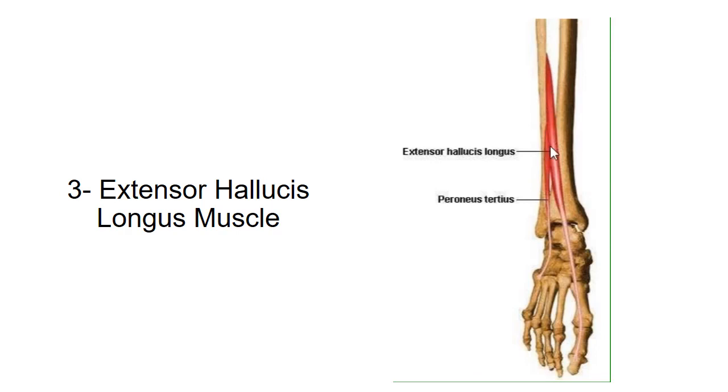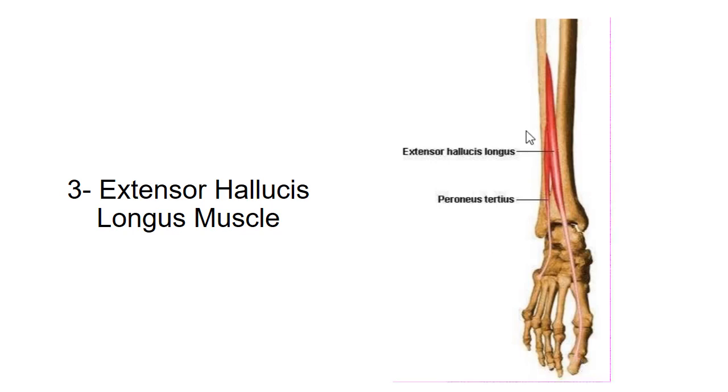This muscle then passes downwards and rises to the surface in the distal third of the leg. Passing deep to the extensor retinaculum, it becomes inserted into the dorsal surface of base of distal phalanx of the big toe. This is the big toe. This is inserted into the base of dorsum of distal phalanx of big toe.